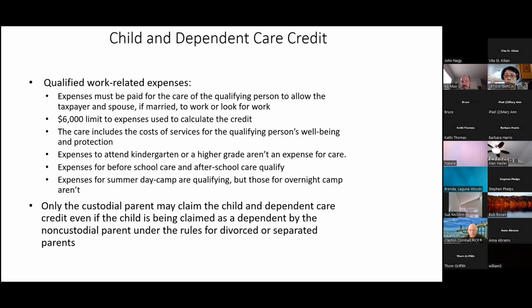So I'll use me as an example. I dropped my kid off for the first time with my caregiver. I explained to the caregiver, I need your social security number. I've already got your address. I need your phone number. I need your full name, because I'm going to report this on my tax return because I'm eligible for the child and dependent care expense credit. And so that's what you want to do. And then, of course, again, it's the responsibility of the preparer to report their income.